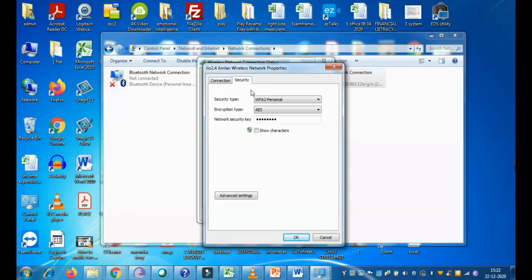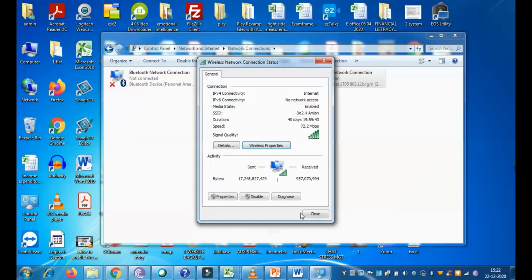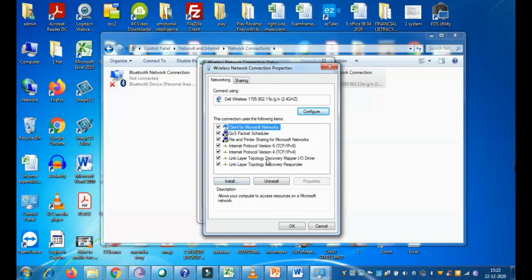So you can go to security and try playing around, checking whether Open works, because many recent routers don't have the concept of Shared. Many people say that changing this to Open will work for them. So try doing that. If that doesn't work, go to properties. Inside properties, go to TCP IPv4. Oftentimes even disabling IPv6 both on the computer and the router may work.